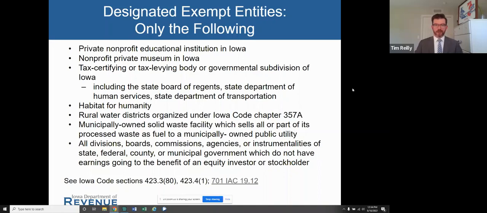Typically, the analysis comes down to whether they're an instrumentality of government. And so, if that's a question that you have, I would suggest looking at those. Obviously, those DOs are only binding on the party that's named in the order, and also binding on the department. But they provide a good explanation of the analysis of the law.